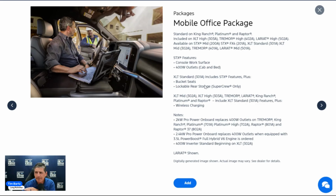Now on the XLT Standard 301A, which includes all the STX features, plus you'll get bucket seats. So on this, you'll get bucket seats. You'll also get the lockable rear storage for the SuperCrew models with this package. So again, it requires the front bucket seats for it because they no longer are, I think, putting it on the 40-20-40. Now the XLT Mid 302A, XLT High 303A, Tremor, Lariat, King Ranch, Platinum, and Raptors include